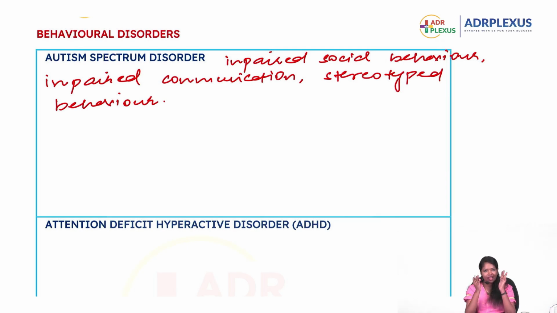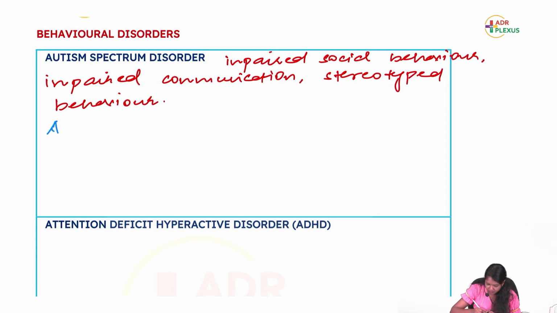These autism people, they have problem with behavior, problem with interaction. That doesn't mean they have intellectual disability or they cannot perform well. They are highly functional in certain interests. They will have a particular interest. If you tune them in that interest, they will be able to highly perform. But social interaction becomes a difficulty for these people. Clear? So autism spectrum disorder is associated with conditions like